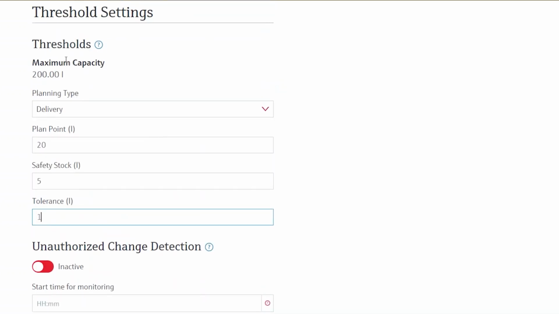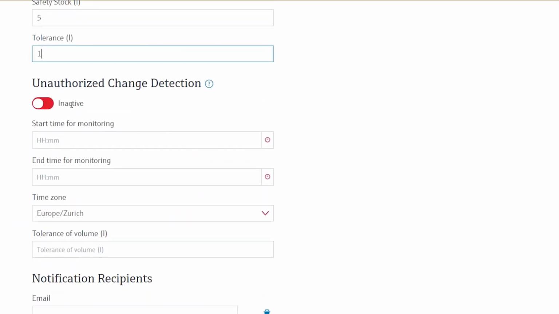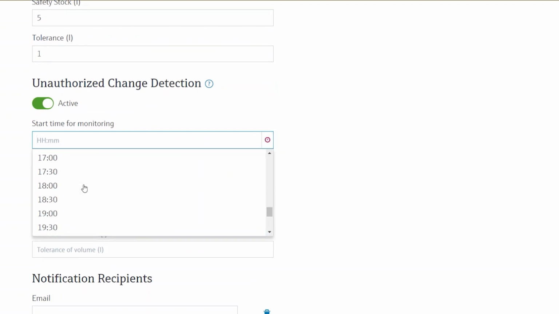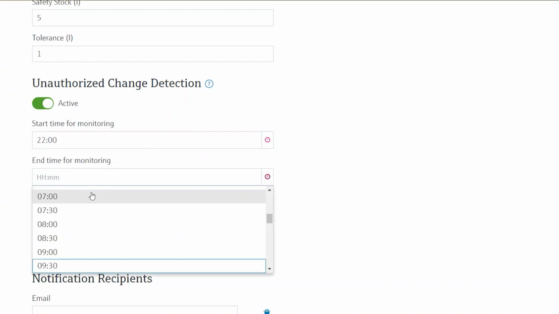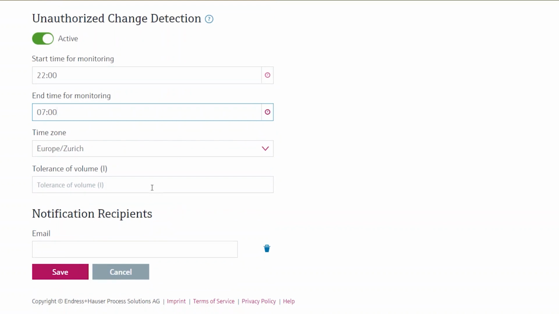Under this thresholds, you can find as well the unauthorized change detection. Currently it's inactive. We can also activate it, and then, for example, for a specific time frame, like let's say between 10 p.m. and maybe 7 a.m., we want to get notified if more than 5 liters are missing from our tank.